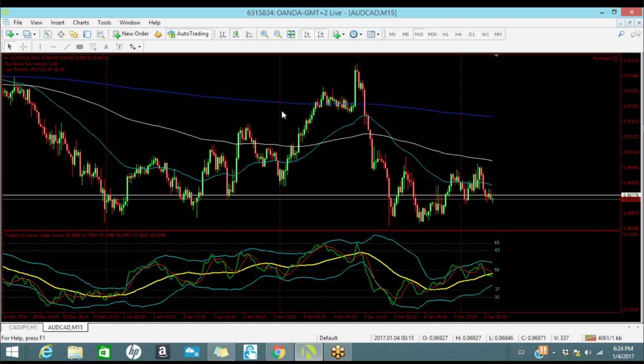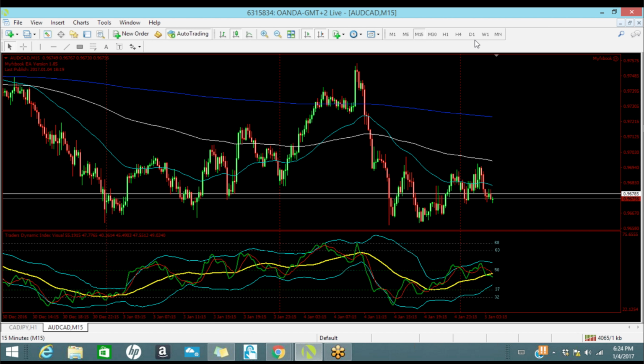So just also know that the higher the time frame that you use to watch these charts, the longer it'll take for you to enter and exit a trade. Okay? The shorter the time frame, the faster it should be. So now,